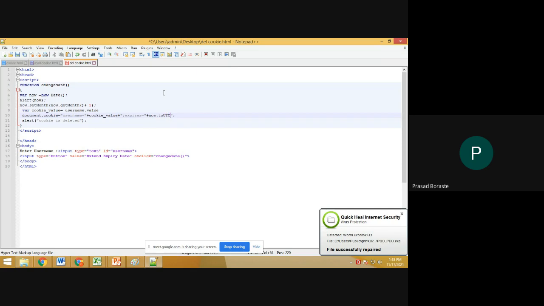Then I am showing the alert, which means whichever date is changed will be shown over here. Expiry date of cookie is being changed.